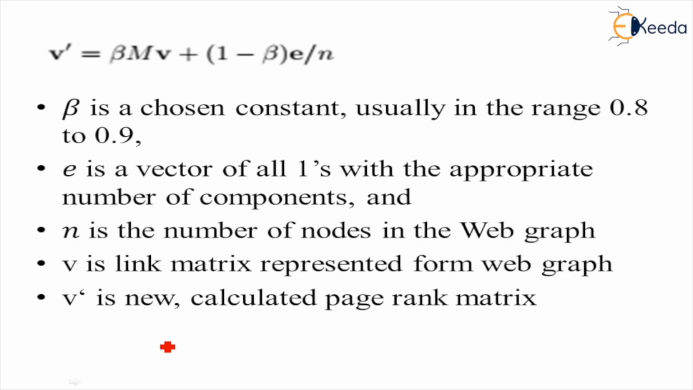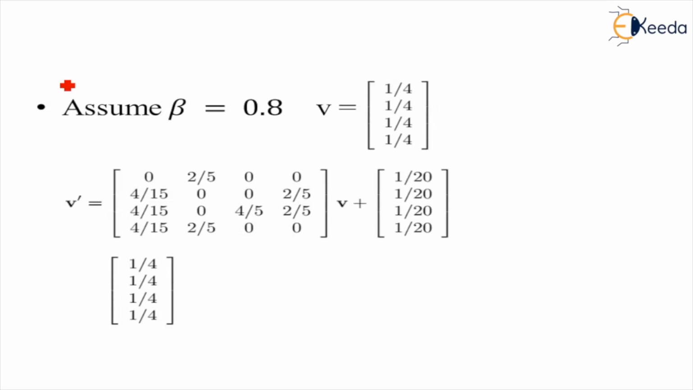What is V'? V' is the new calculated PageRank matrix. That's what we get at the end as V'. In subsequent iterations, V' will be placed in the position of V, and V'' replaces V', and we'll go for 20-25 iterations for the same. Let's understand it with the example. We assume that the beta value is 0.8 and we know that the V value is